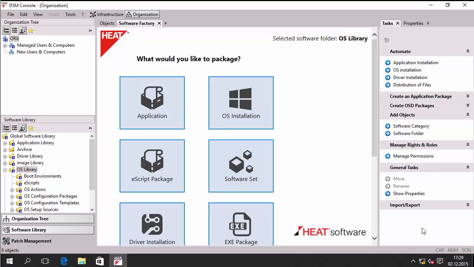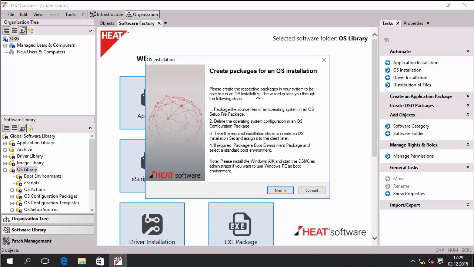And one of these wizards is my OS installation wizard, so create an OS installation. I want to create an OS installation now, and so I will just use the button to create an OS installation. And the wizard launches with a welcome screen that gives me a short overview of the 4 steps that I have to pass to have an OS installation ready at the end. So I click next,